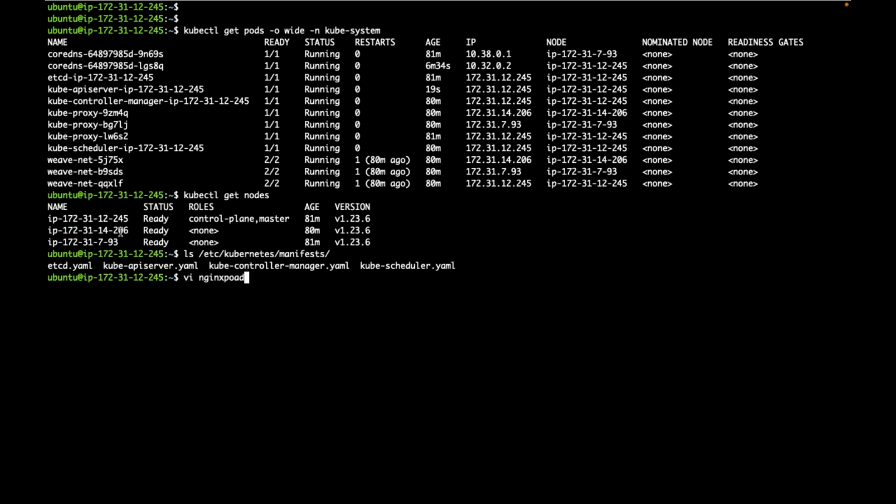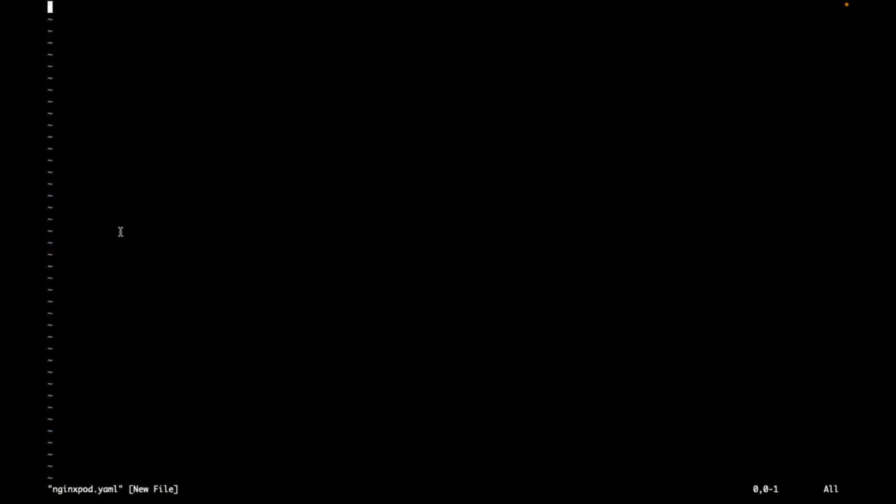I'm just creating one YAML like this, just to give an example. Nginx, something like this. I am creating one file like this. Kind is Pod, metadata, name. I'm just giving something like this.